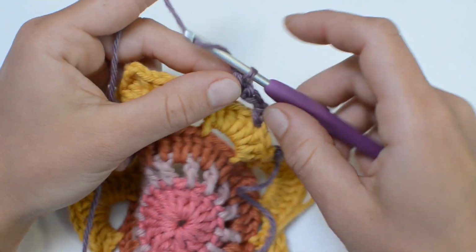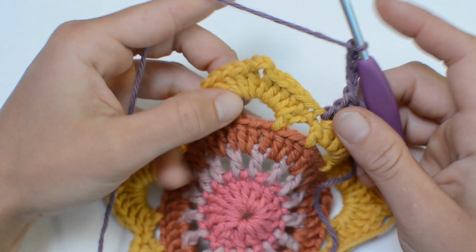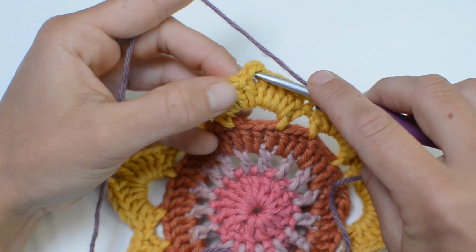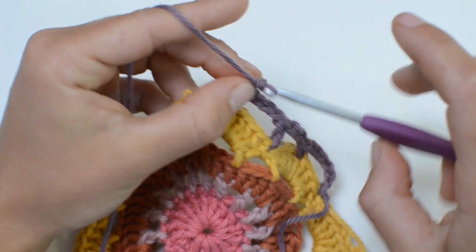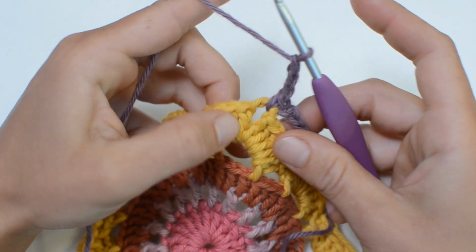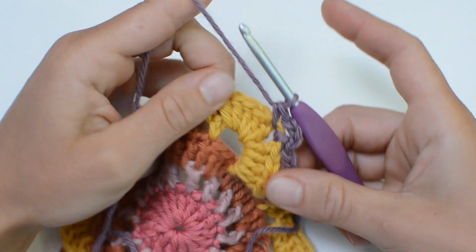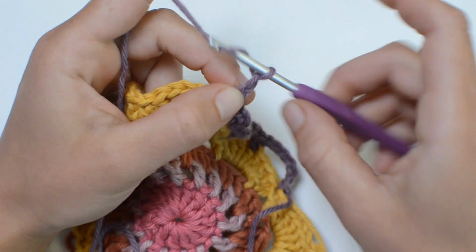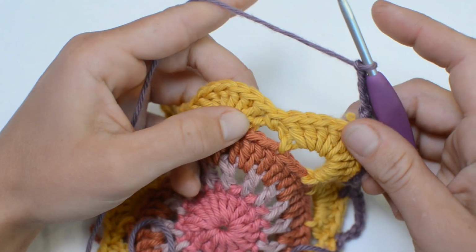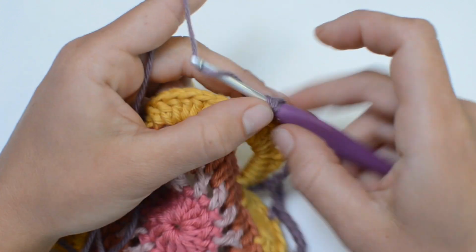Now chain 4. And into the corner space, we're going to do a single crochet, chain 3, and another single crochet. And now we will chain 4, 2, 3, 4, double crochet into the top of this single crochet,